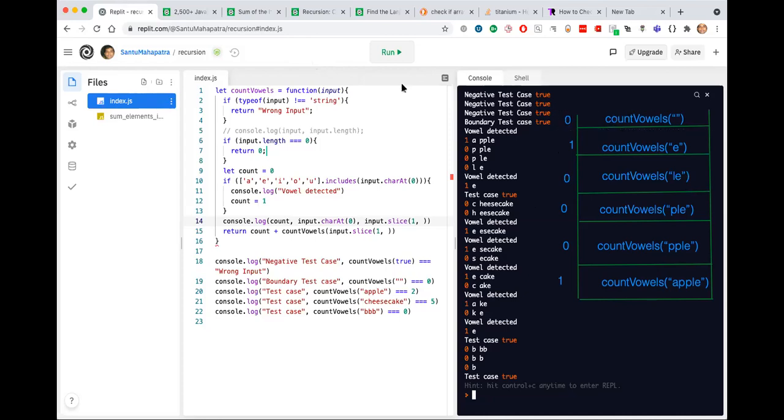It returns 0, and then this is popped off the call stack. Now it returns 0. This was already holding count equal to 1. So this gets calculated and it returns 1 from the call stack, right? So this count 0 plus count vowels LE actually now becomes 1.